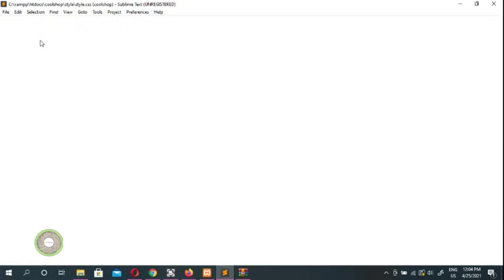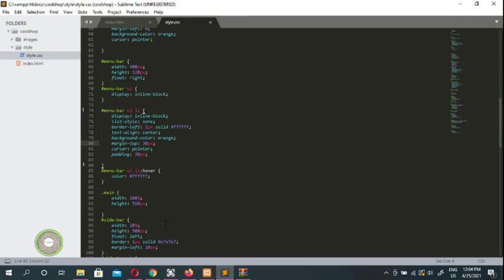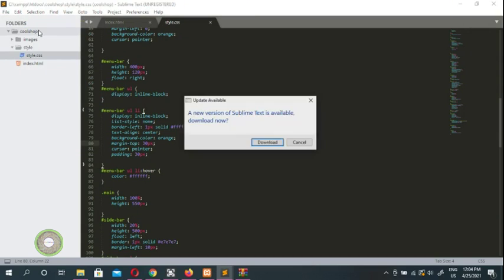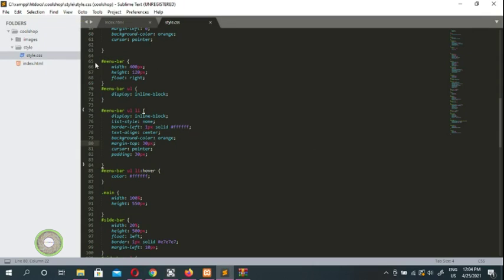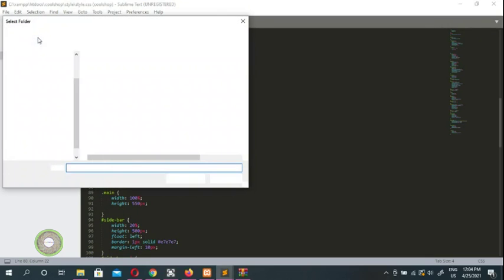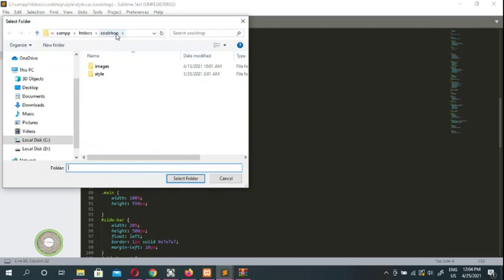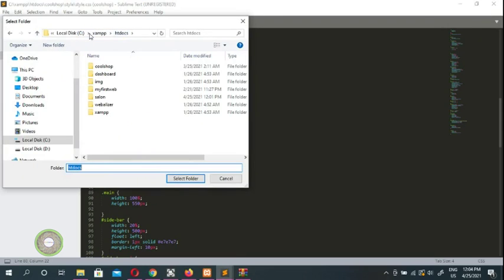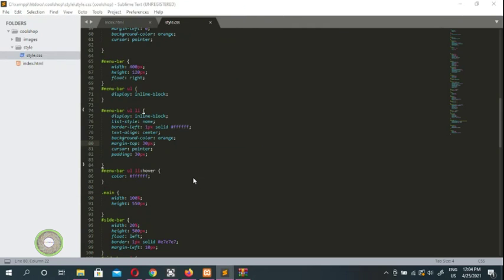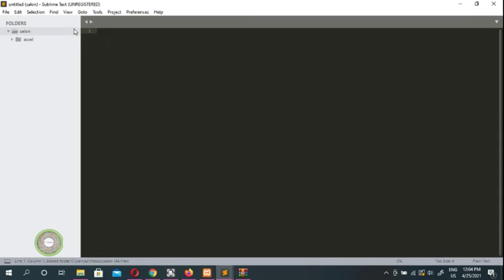So we go here to our Sublime Text, and we open a folder. All right, so that's our cool shop. We're going to work on the cool shop as well, because we're going to change it to Bootstrap, and with my first web cool shop. Where is Salon? This is Salon. Okay, we open this one